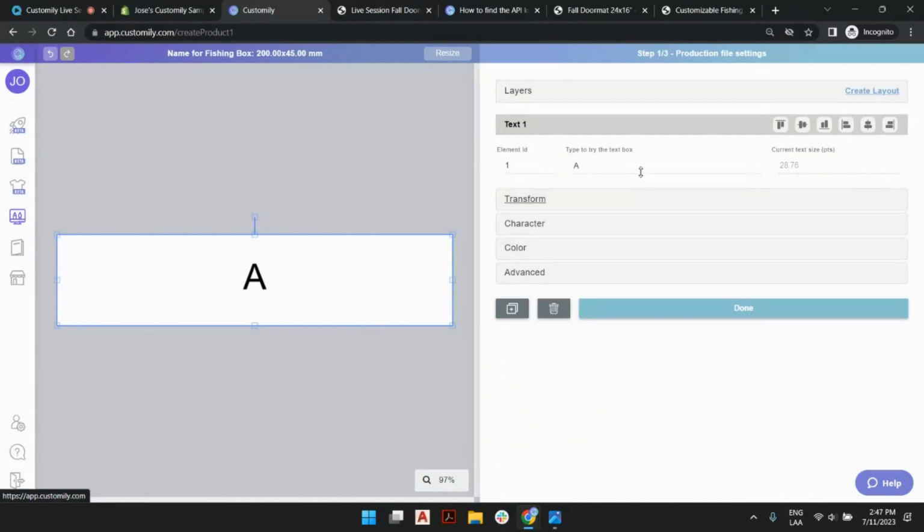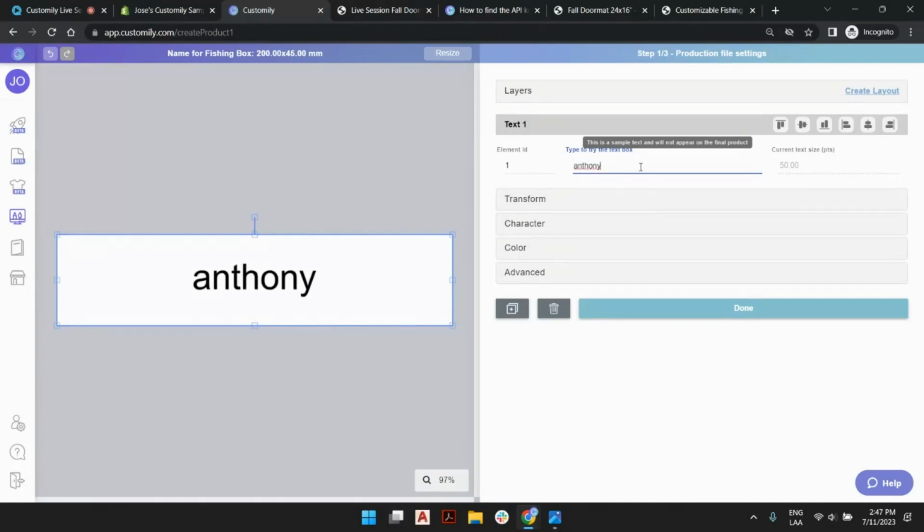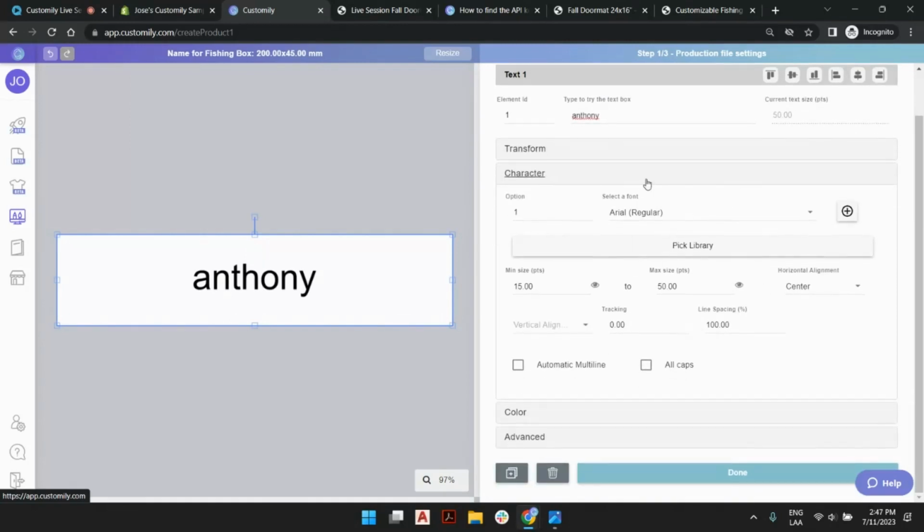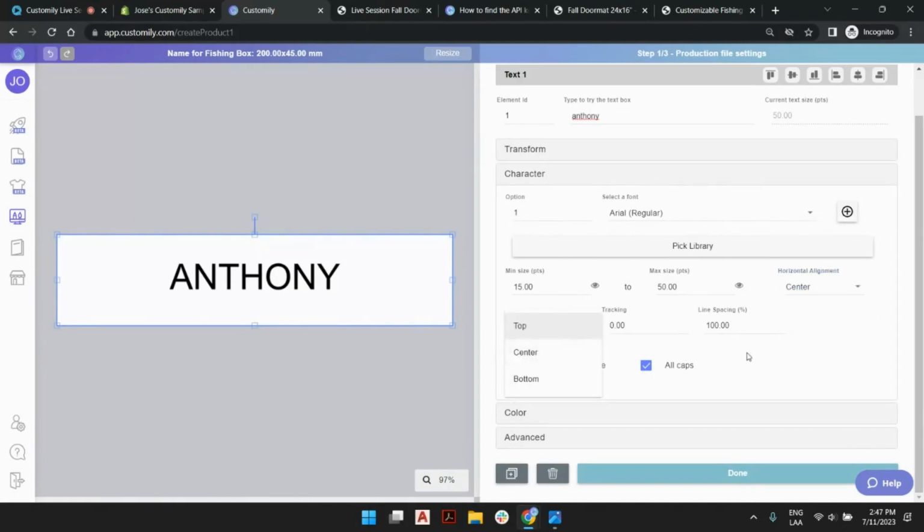Next thing I want to do is I want to preview something. And let's go to character here. Let's open this and start playing around with the fonts, sizes, everything. There's a couple of extra settings. For example, all caps. That's a good idea. There's alignments to the center, the right, or justify, and vertical as well when you have more than one